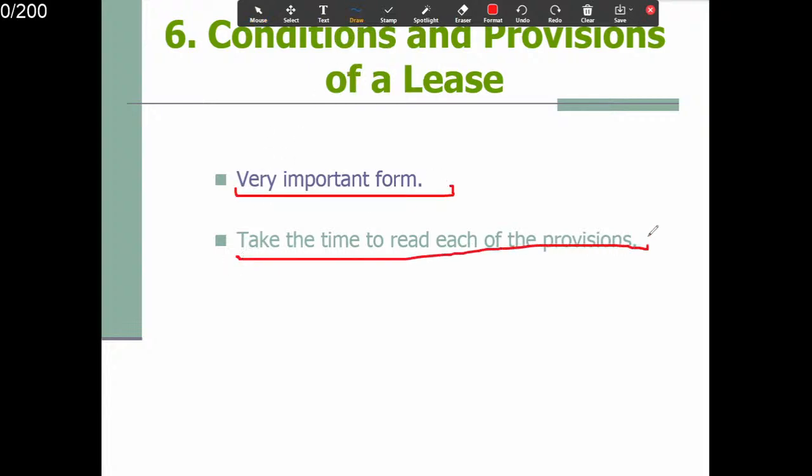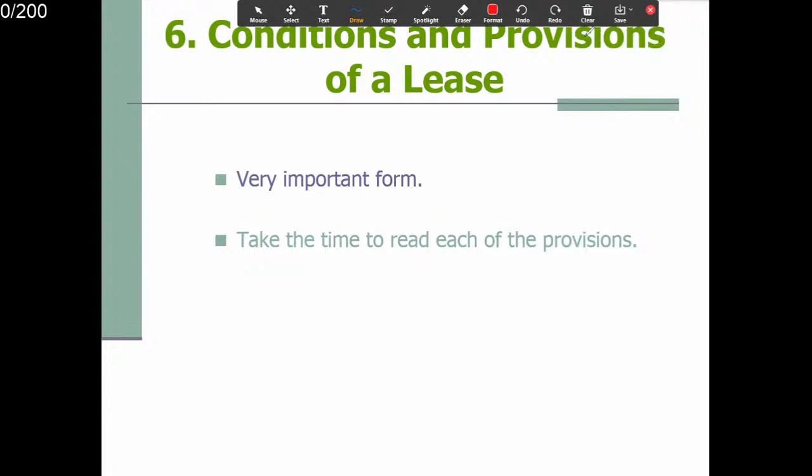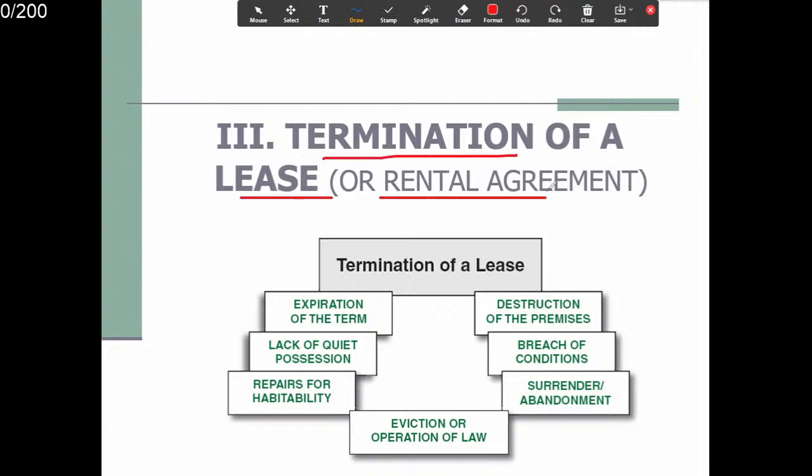Condition and provision of a lease, very important form, right？这个协议是蛮重要的。So take time to read each provision. OK，有时间去过目一下，看一看，了解这个租约里面的内容。OK, termination of a lease or rental agreement, right? 怎么去结束一个租约呢？Expiration of term 到期了。